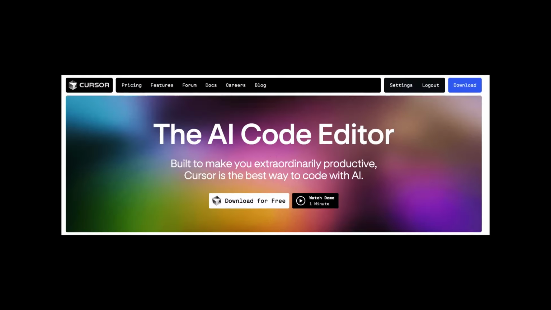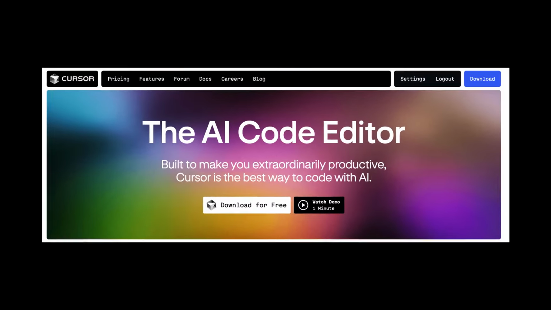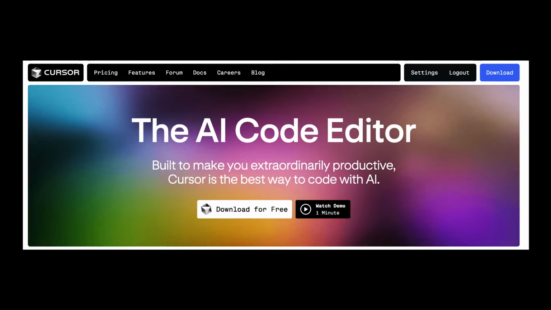Can a code editor make you a 10x engineer? Well, Cursor, the AI code editor, is making the rounds on the internet. Tweets, subreddits, blogs, everyone is talking about it, claiming how it has turned them into some sort of a coding superhero overnight. I want to see if this is just another overhyped product, or does this really skyrocket your productivity